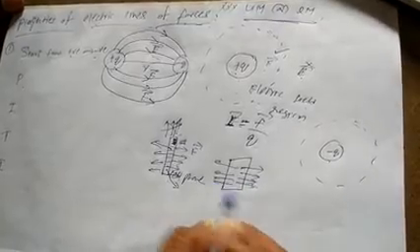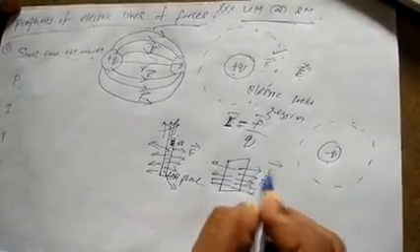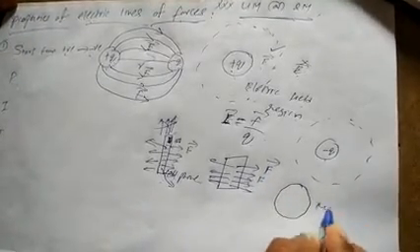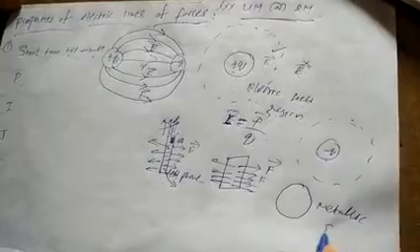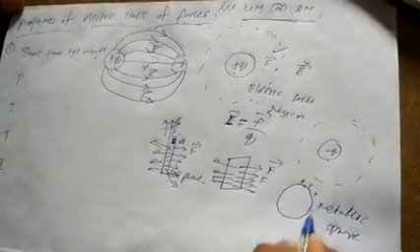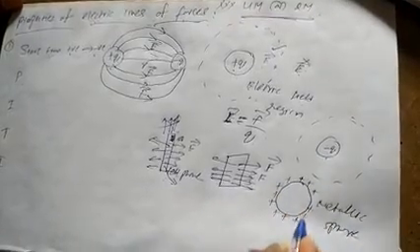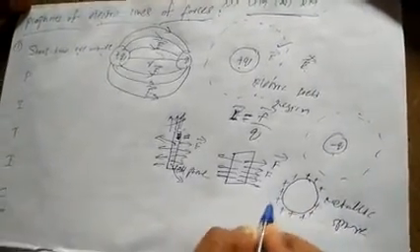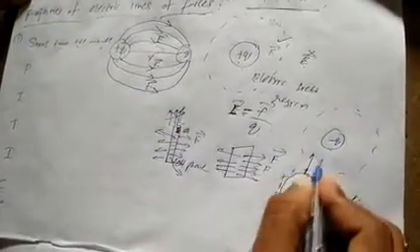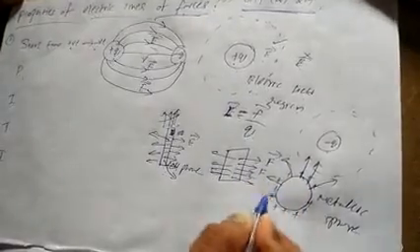Electric field lines are perpendicular like this. This is the electric field. If you take a metallic sphere, the charge is present on the surface of the metallic sphere. Positive charge is present. Now, in what direction is the electric field? Perpendicular, like this. It is always perpendicular like this.